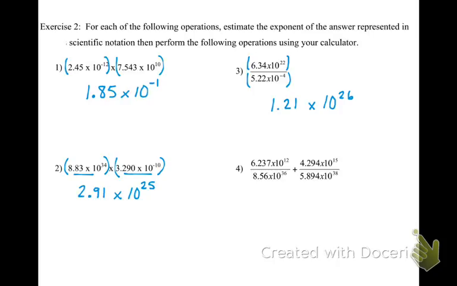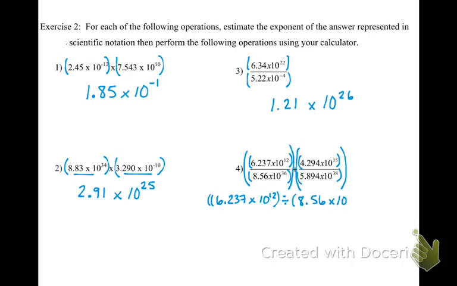Last but not least, this one's a little tricky, so again, you're going to want a lot of parentheses here. You're going to want parentheses around each set of scientific notation numbers. But then, because we are separated by addition, we want parentheses around each division. Okay? So the way that you start this in your calculator is you'll have parentheses, 6.237 times 10 to the 12th, close parentheses,